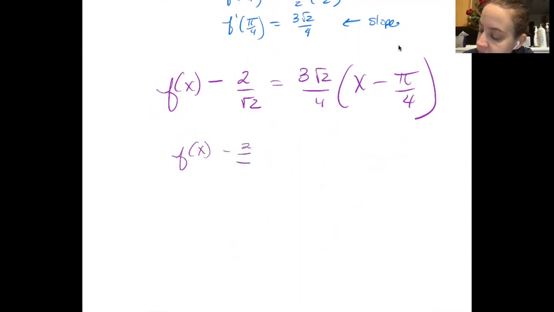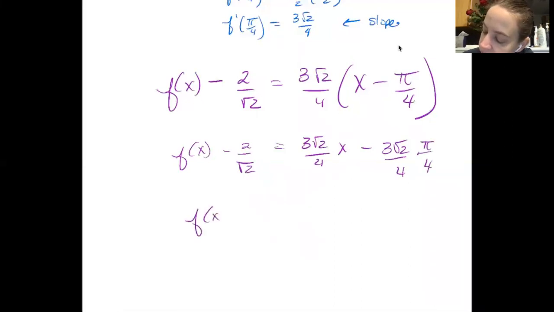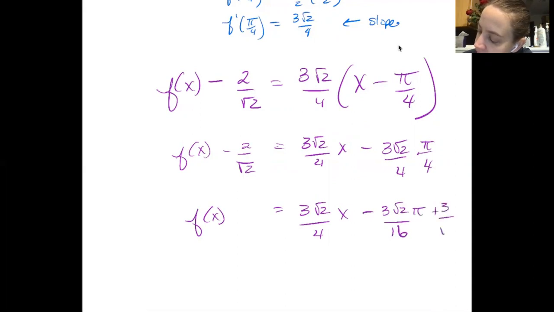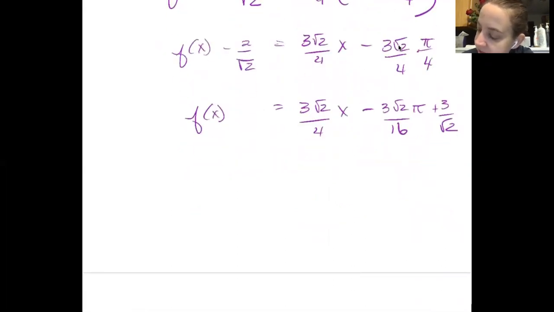If I distribute my 3 root 2, I've got 3 root 2 over 4x minus 3 root 2 over 4 pi over 4. And then I can add this root 2. 3 root 2 over 4x. I'm going to put that over 16. 3 root 2 over 16, 16 pi plus 3 over root 2. Oh, I'm looking at this and I can actually go further. Now if I rationalize that denominator,